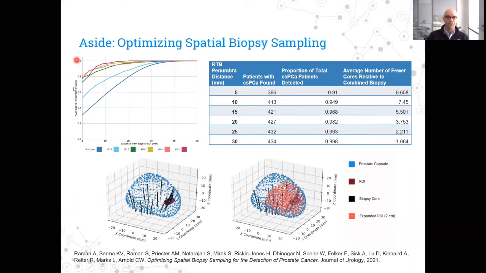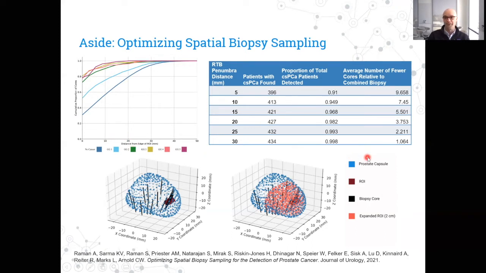And on the y-axis, we see the cumulative probability of detecting cancer. So, for example, once we're 10 millimeters away from the ROI, we've already detected over 80% of our grade group 4 and higher cancers, right? So the intuition here is cancer tends to occur close to ROIs delineated by our radiologist, and that simply sampling around that region, which we call the penumbra, you can detect pretty much all cancer and reduce the total number